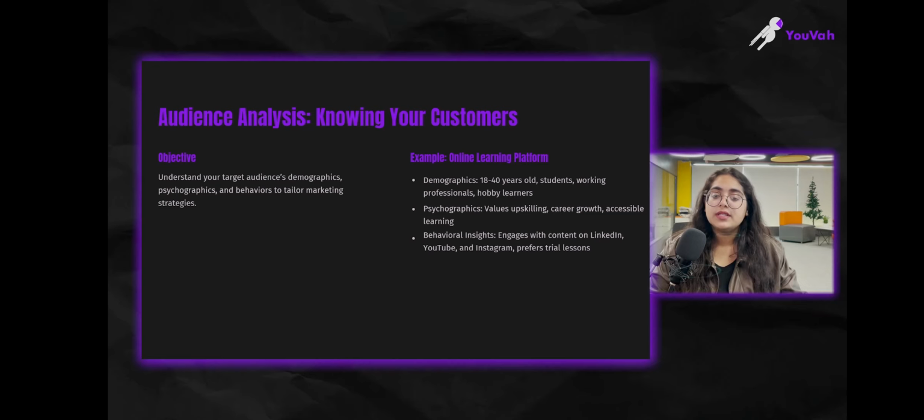To understand the audience a little better, for example, if there is a learning platform, usually a student might be attracted to it, possibly a 16-year-old or possibly a 40-year-old. That is the range you would be looking into. 40 is basically too old, but if they're looking for professionals, then that platform could also work out. So I think 18 to 40 is the range that we set up, right? What are the psychographics that you can possibly picture?